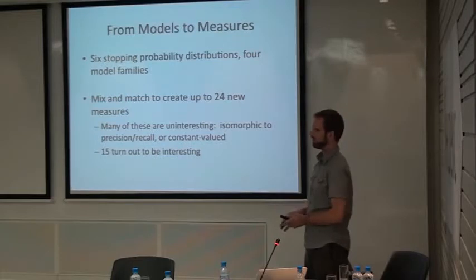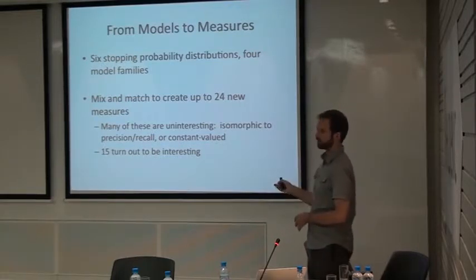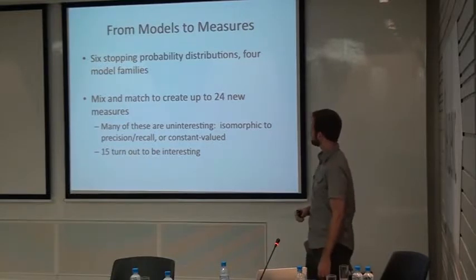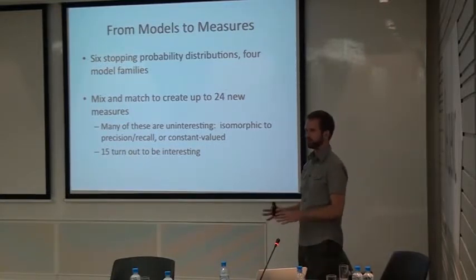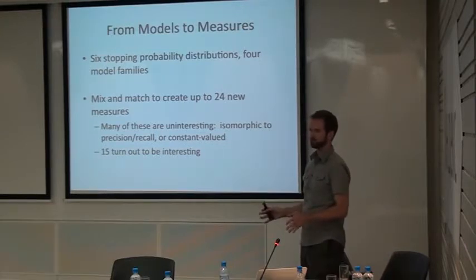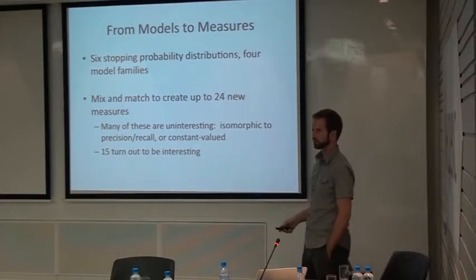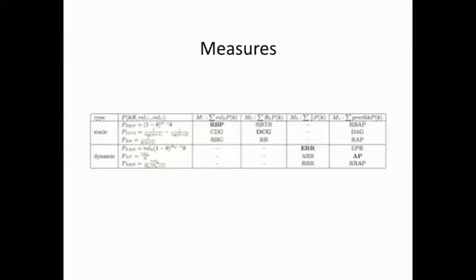I will summarize this. Basically, I've introduced four ways to turn a sum over gains times discounts into an expectation over stopping ranks. And these four ways have four distinct models of user behavior attached to them. Each one of these models has an exemplar measure from the IR literature. So M1 has an exemplar of RBP, M2's exemplar is DCG, M3's is ERR, M4's is average precision. We have four different stopping probability distributions.